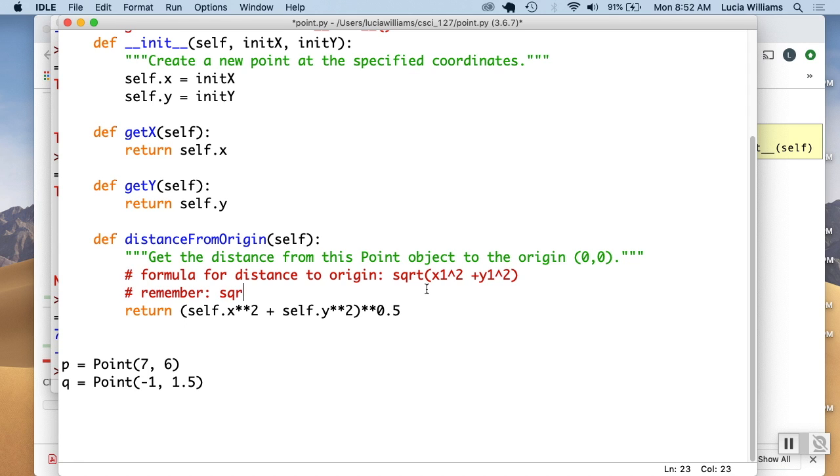Remember, square root is raising to the power 1/2. And so what this should do is just compute that distance and return it to me. And so if I actually want to call this method,